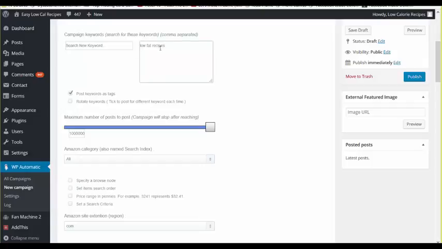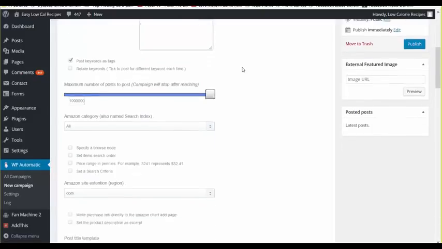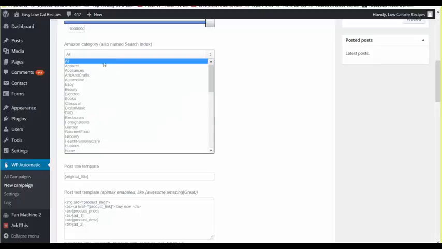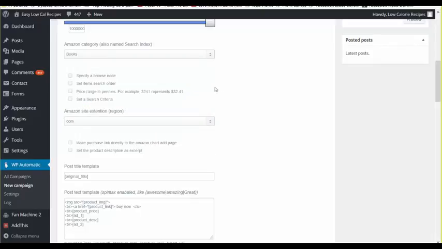So if you modify this keyword slightly, you'll end up with 10 pages per keyword. So low fat recipes, low fat diet recipes is also a keyword, of course. Even though they're very similar, that will now look at 20 pages of results rather than just the first 10. You can specify browse nodes, price ranges. We'll go for books in this instance,